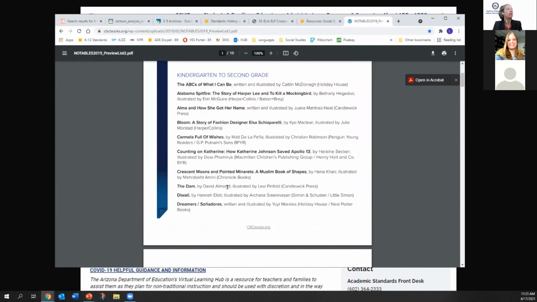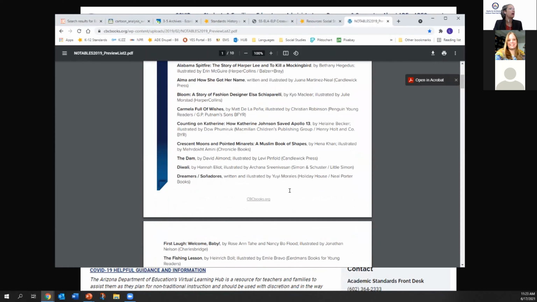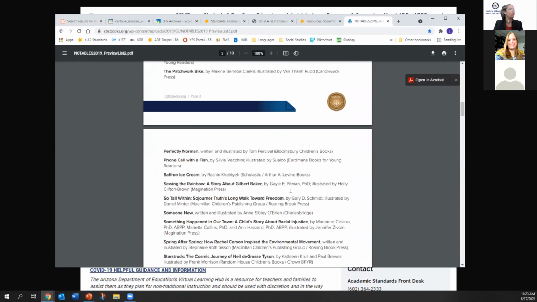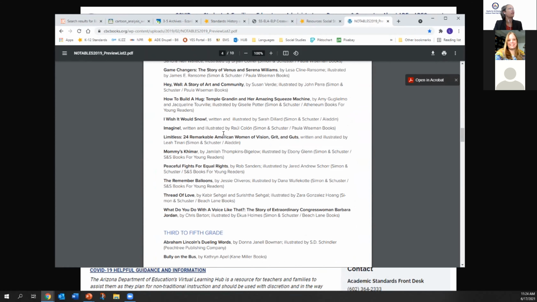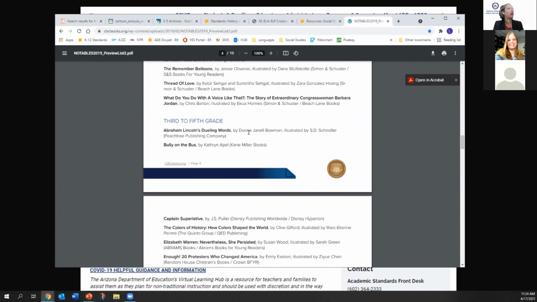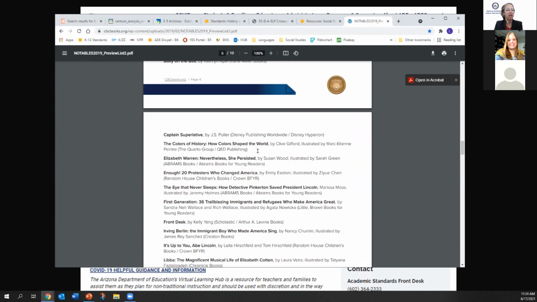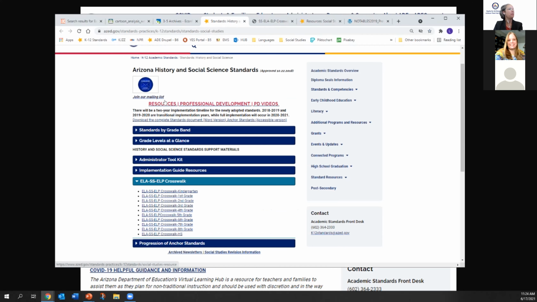So here the dam is, and even though this is maybe kindergarten, 2nd grade, it would be great to apply for Arizona because we have dams all over Arizona. Or talking about different women. There's 3rd through 5th grade, right? All these different social studies lessons and books that you can either add to your classroom library or add to your personal library. And so that's out there on our resource page.